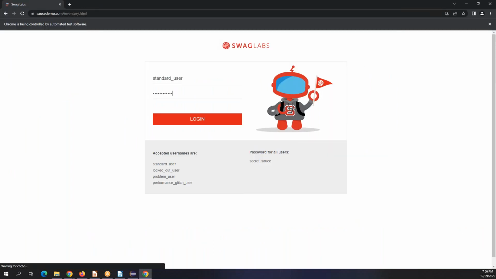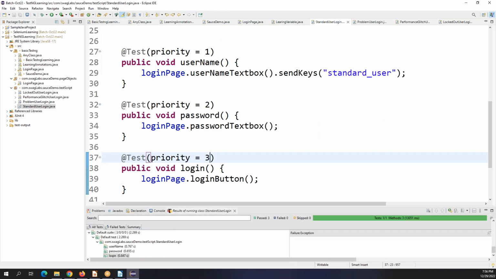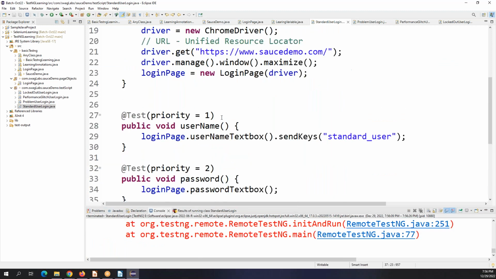Type the username, password, click on login, then it logs into the system. So that's why we need this priority. Okay, so that is why we need this priority. But the main concern is if I need to work with this for script, I need